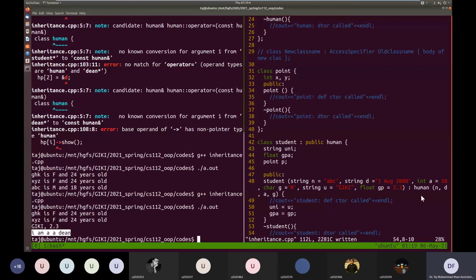Okay, is it clear? This phenomenon of declaring the base class function virtual to be able to call the correct version of the function from the base class pointer is called polymorphism.